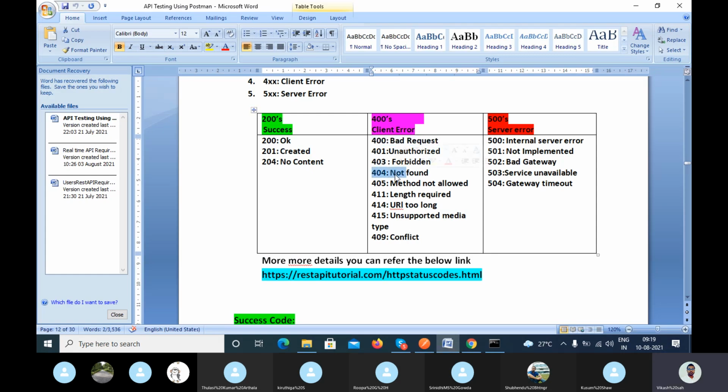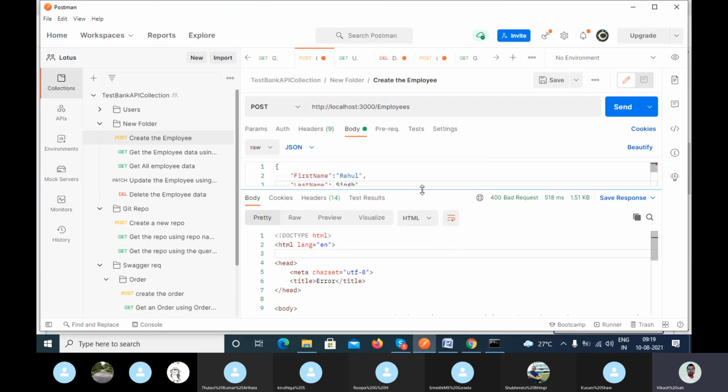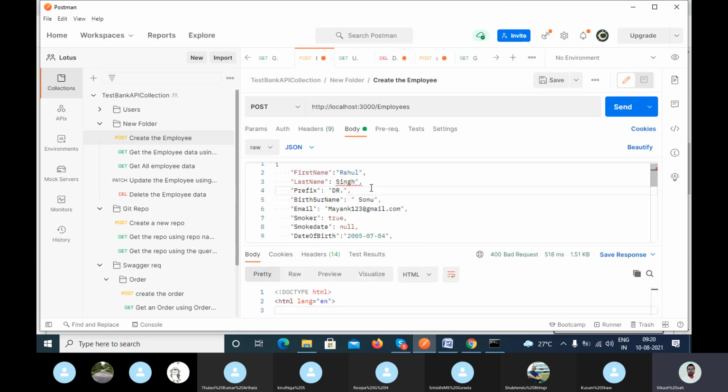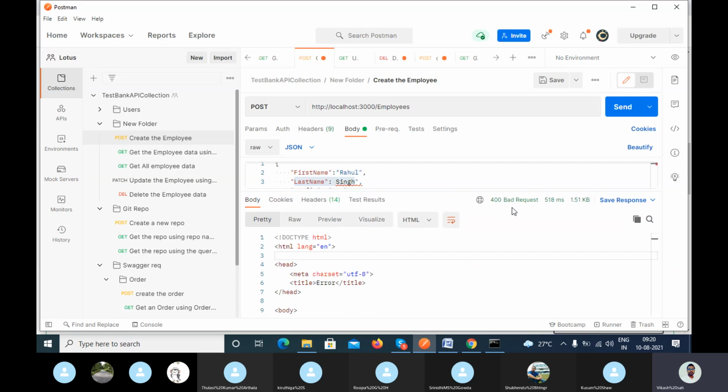You will ask me, sir, you taught me that when you are not passing values correctly according to the requirement, let's suppose email ID and first name are mandatory and you are not passing them, you will get the 400 Bad Request, but in my project I am getting some other client error. Why?